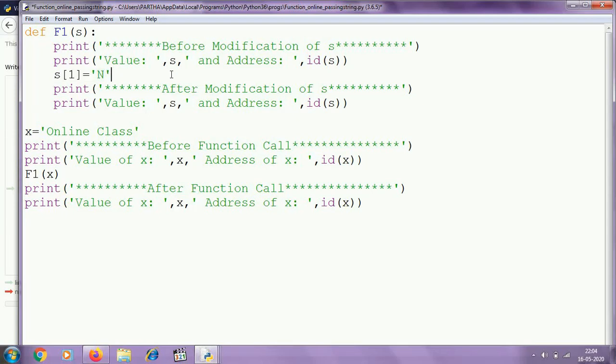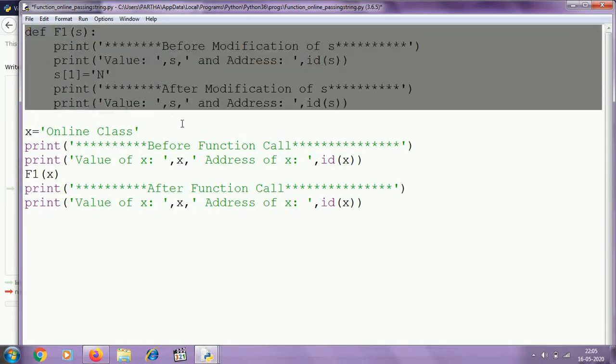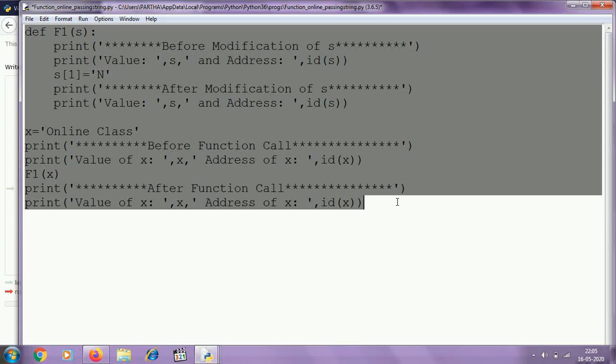I have given this example because, according to my experience, I have seen so many students make this type of mistake. So you must remember this. But let's see what will happen during execution of this program.